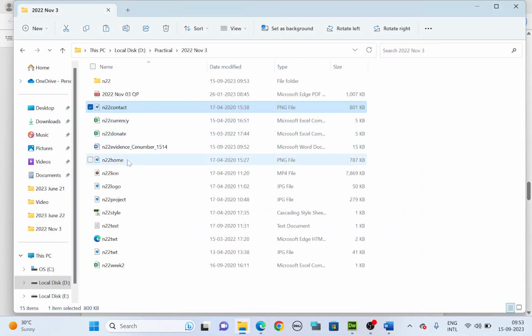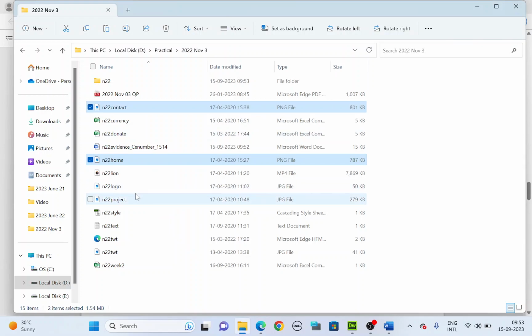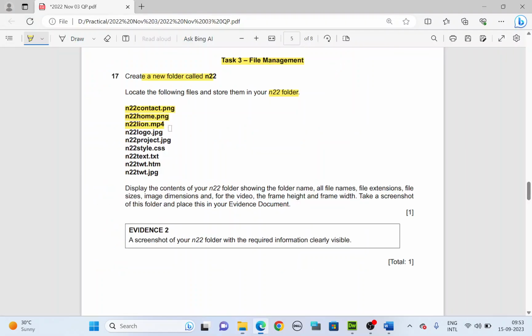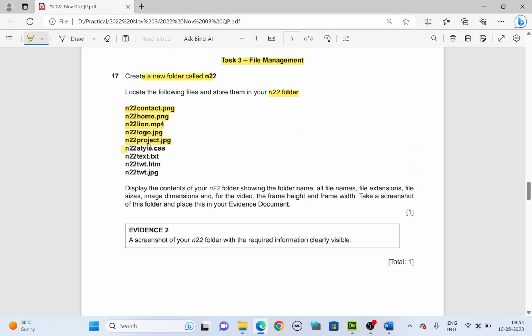N22 home, hold the control key and click on the next file. N22 line, N22 logo, project, logo and project. Hold the control key. When you need to highlight more than one file, hold the control key and click on the files required. Next is style text,